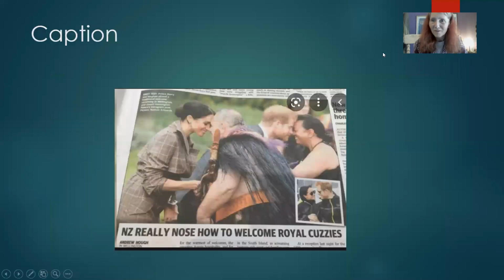Okay, captions. Captions very often go with illustrations. You see them a lot of times on photographs. So they're designed to give you some information maybe about the photograph. Sometimes captions are funny, but they basically go along with photographs. So here we see in the photograph the lovely Meghan Markle and her husband, Prince Harry, on their